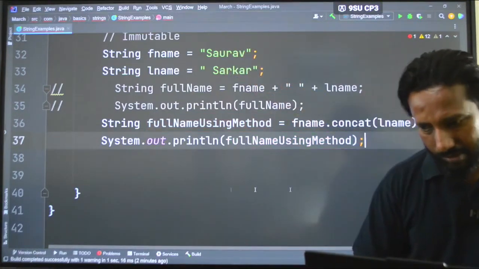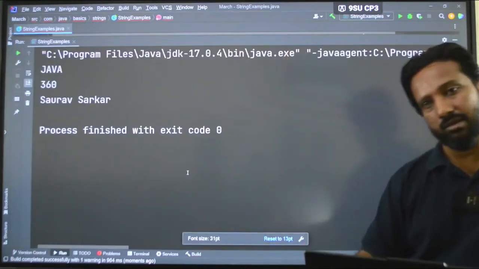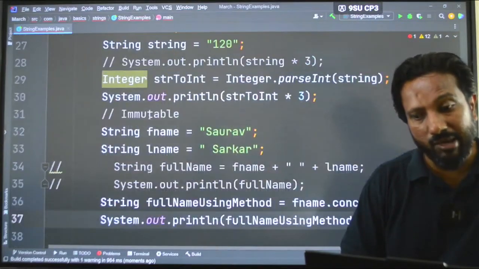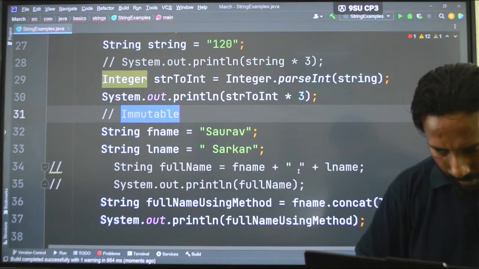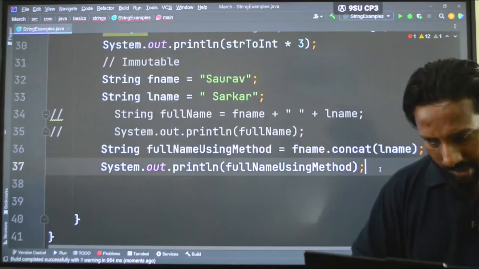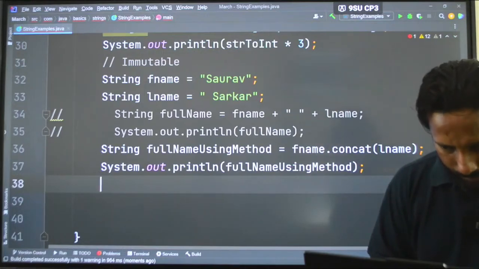Let me run this now. You can see again I am getting the same thing. So I was talking about immutability. Let's do one thing. My first name is Saurabh. I will do something different now. So I am saying S out